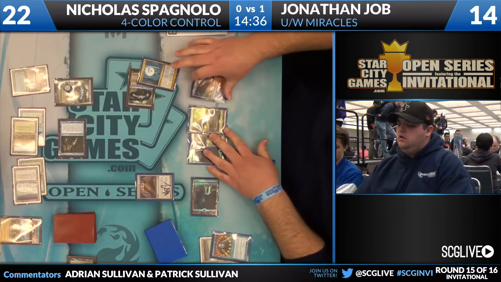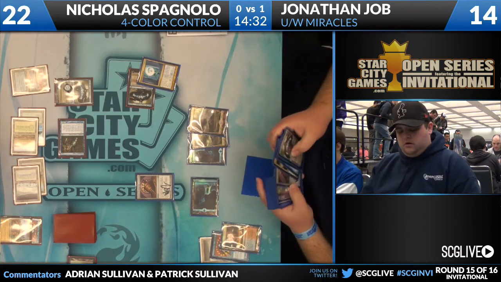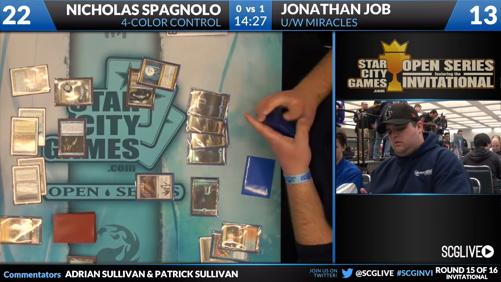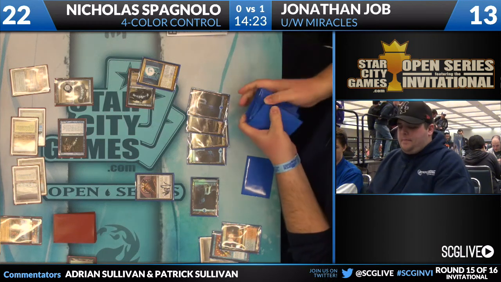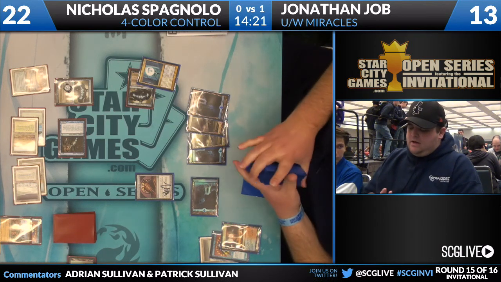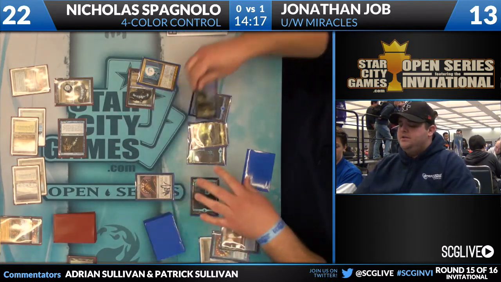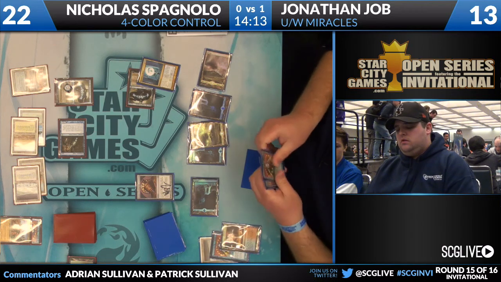I mean, that's just, I guess okay, this build has no basics in it. All right. It looks like the basics have been cut. Jonathan Job is doing some epic library manipulation here. Sensei's Divining Top, crack a fetch land, Brainstorm, crack another fetch land, looking for something good here. He's got to deal with that Jace before the Jace runs away. And he's just shuffling and digging with his top, trying to find maybe his own Jace, maybe a Detention Sphere